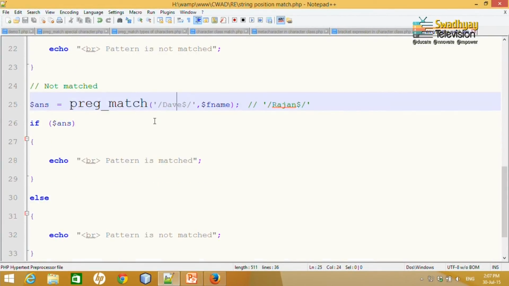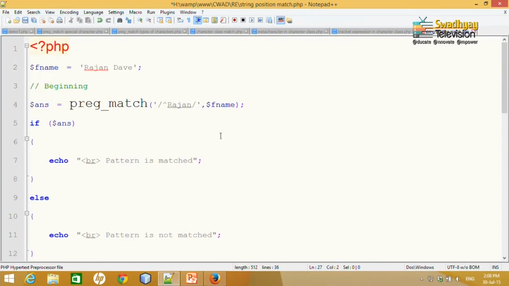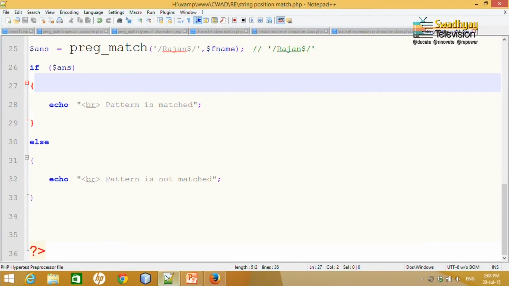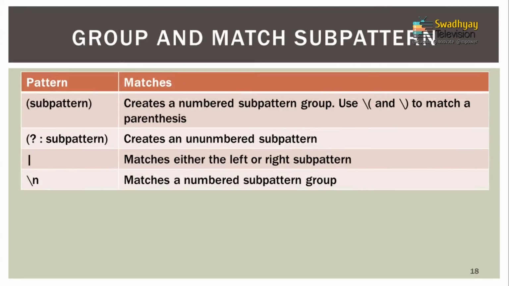Same way, if I want to use caret and type Rajan, right? So it will work, but in the same way, if I type Rajan and dollar, so again that will be not match. The reason is Rajan is at the first position. So when I run it, now it will say pattern is not match. So these are the string positions that we can use.